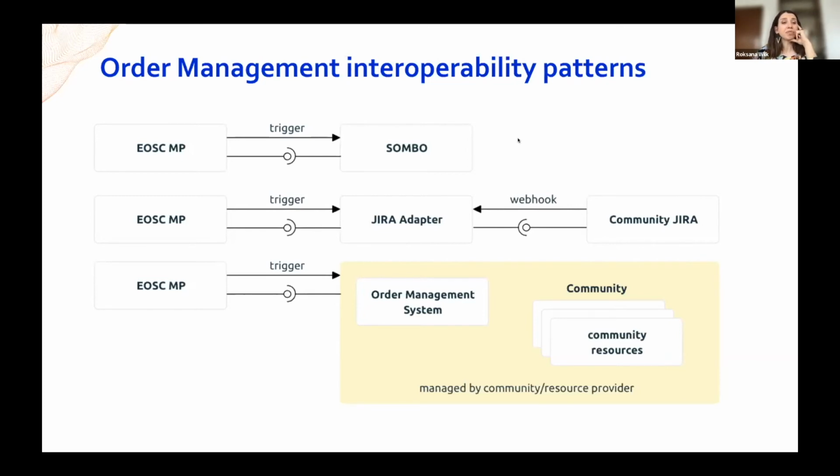This is very important because we know that many of the providers who might be interested in EOSC, or are already interested in EOSC, have their own way of dealing with the orders, with the access requests. This is why we put a lot of emphasis into developing the possibilities of integration of your outer solutions with the marketplace part. And the third part is a possibility of